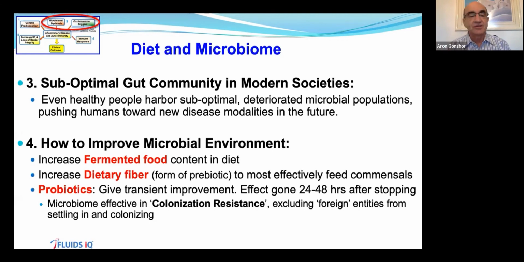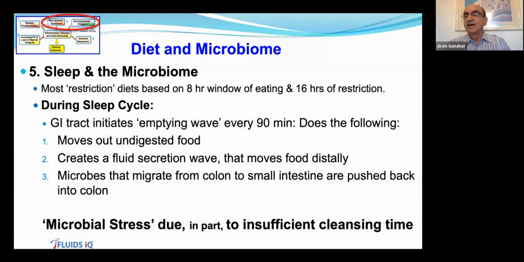And here is the last part of this. Sleep. Get sufficient sleep. And you want to get, if you can, at least the classic 3 cycles of REM sleep, if not 4. Why? Well, for example, most restriction diets we know are based on an 8-hour window of eating and a 16-hour period of relative fasting. Well, during the sleep cycle, what I'd like you to know, if you don't know it, is